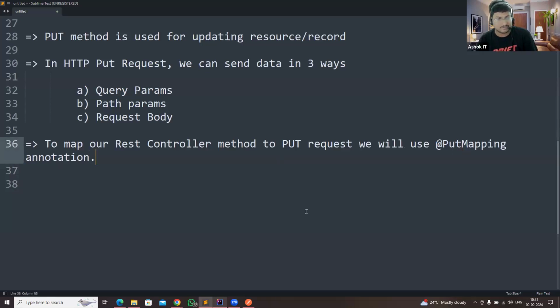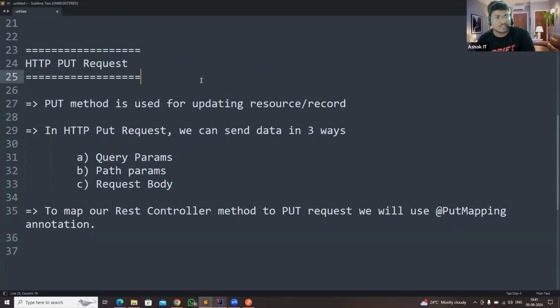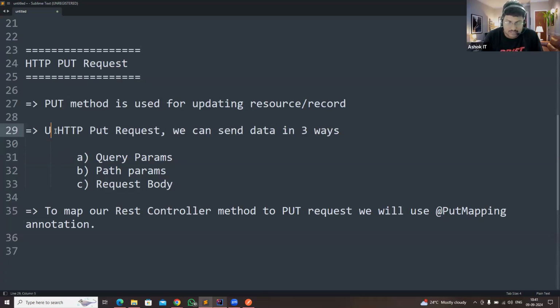Okay, so we are talking about HTTP put request. So what is this HTTP put request? Put method is used for updating a resource or a record. Already one book is available in the database. I want to update that book record in the table. So to update that book record in the table, we can use put method. Using HTTP put request, we can send data to server